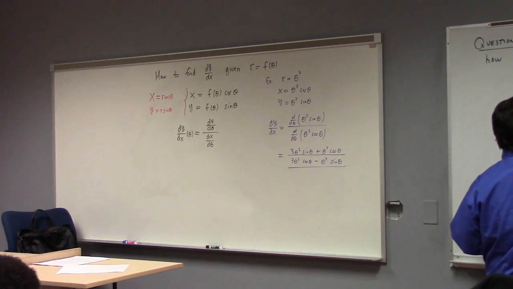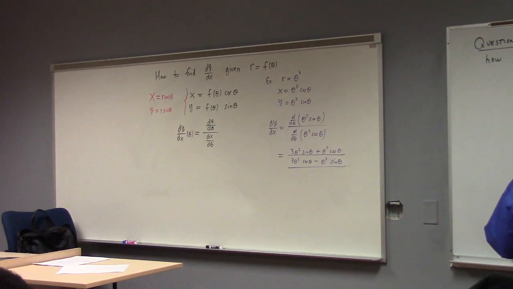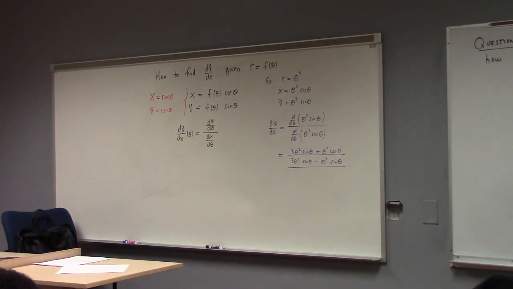How would you select a sub 0, a sub 1, a sub 2, and so on, and b sub 1, b sub 2, and so on, such that